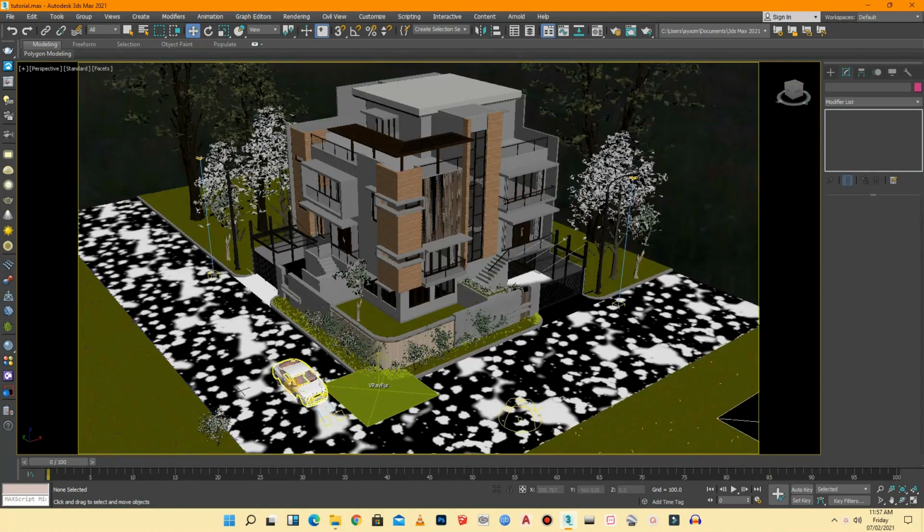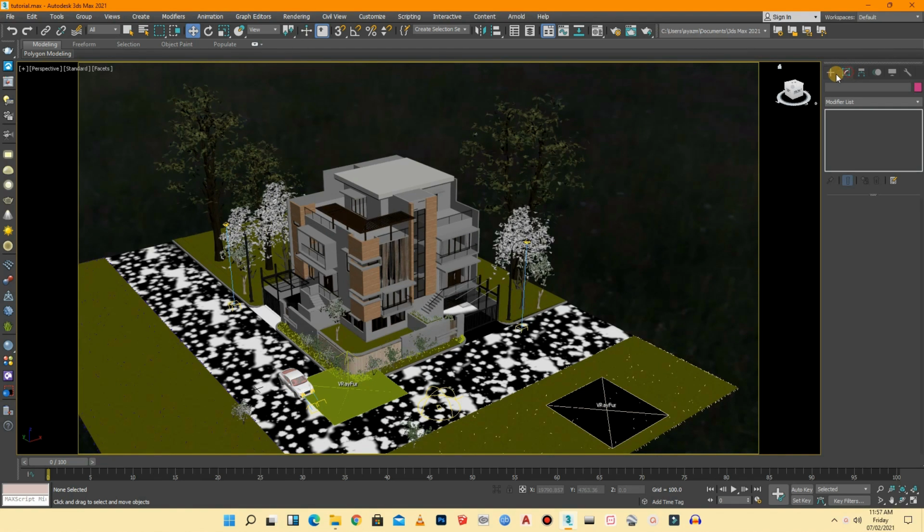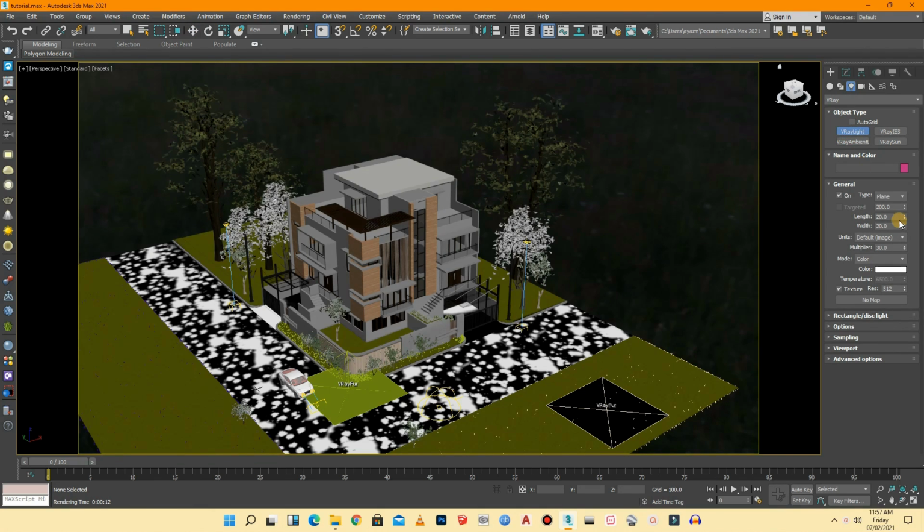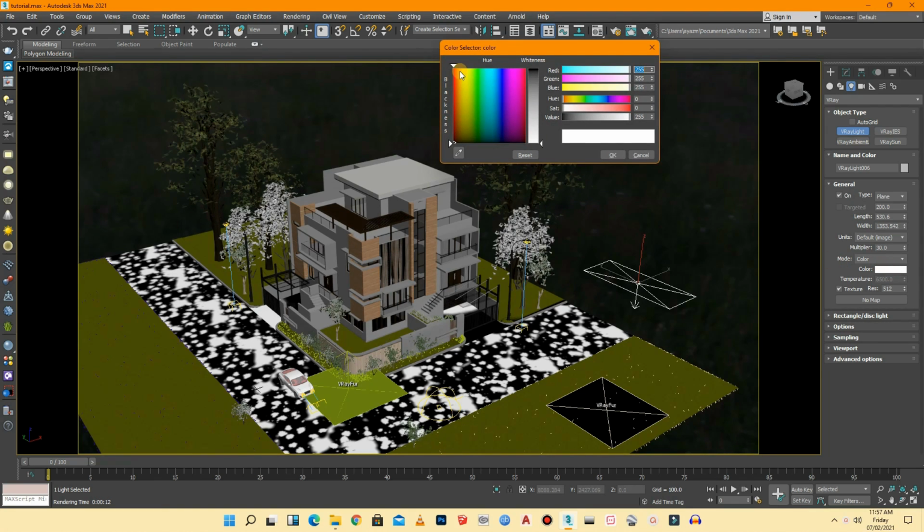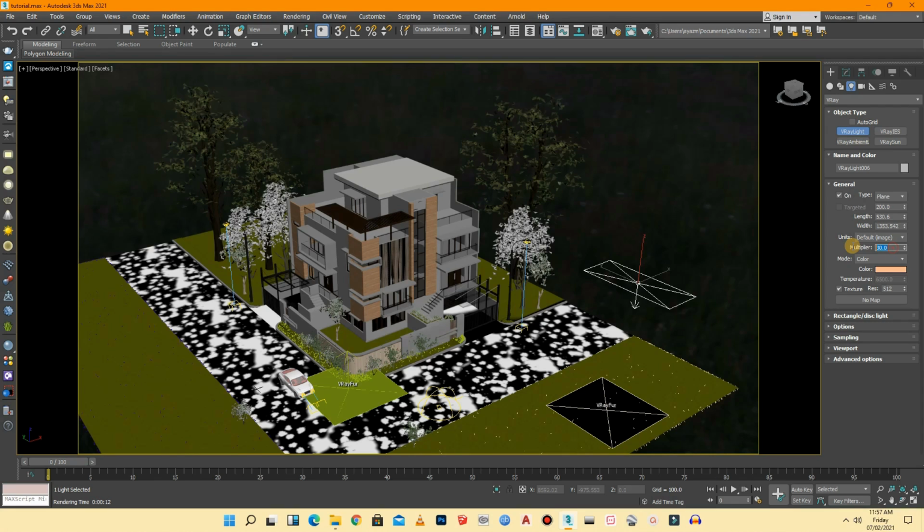So I will create some light inside the building again. Go to V-Ray light, and now we will create plain lights for the interior of the building. I'll just create some rectangular plain lights. I'll put a really warm color into it. Really go for it, and then press OK. And for multiplier, we'll put it around 500